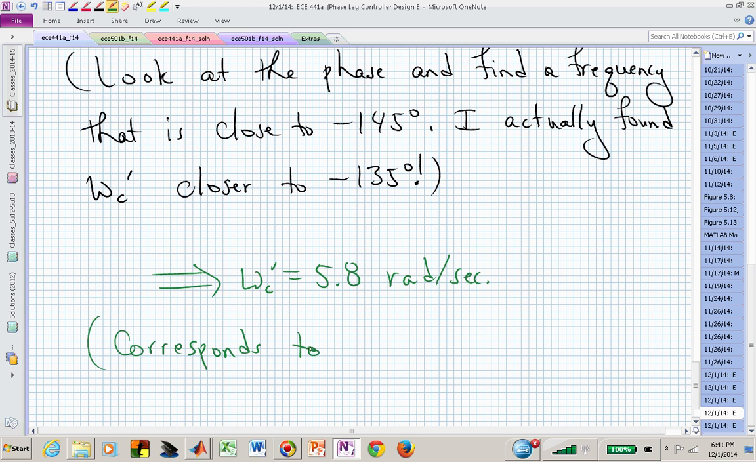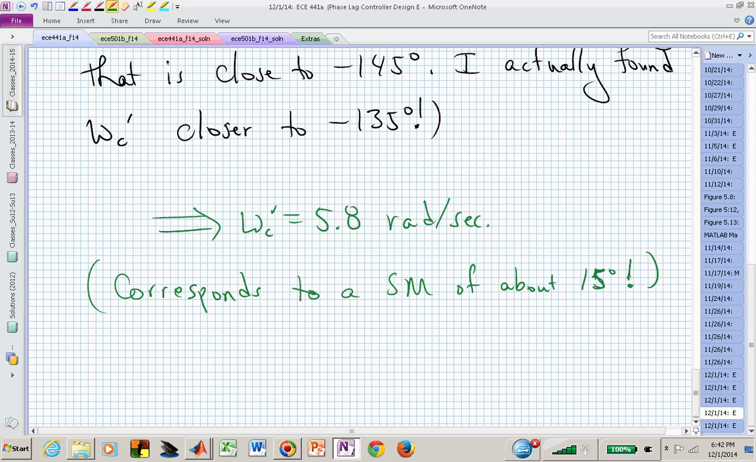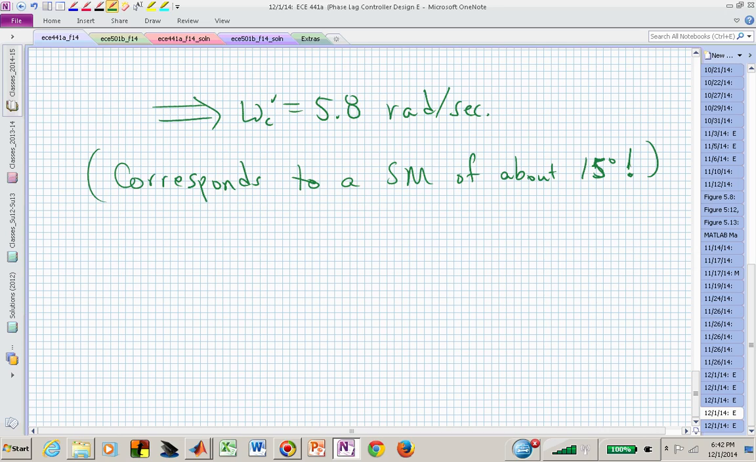effectively to a safety margin of about 15 degrees instead of 5 degrees. So with my controller that I design, I hope that I can get better than a phase margin of 30 degrees. Once I've identified my omega sub c, my new gain crossover frequency, that's the frequency that will